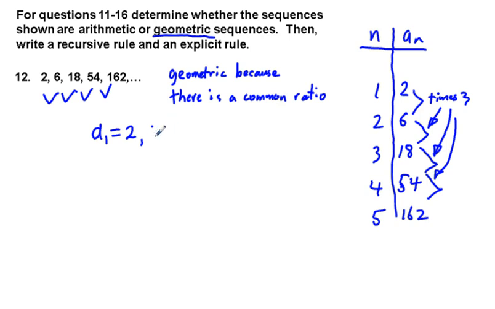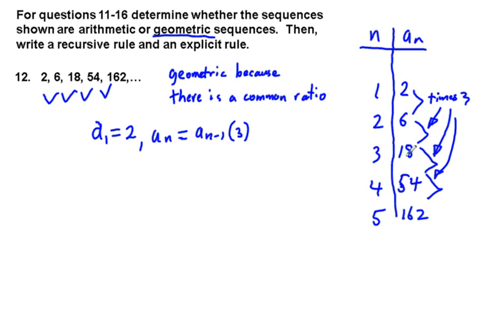a sub n, let me get this. Let's put a comma here. A sub n equals a sub n minus 1 times 3. Okay, so that's going to be, and we can test whatever we want. So if we're starting out at 2, but if we want to get 54, we want to get our fourth term, we